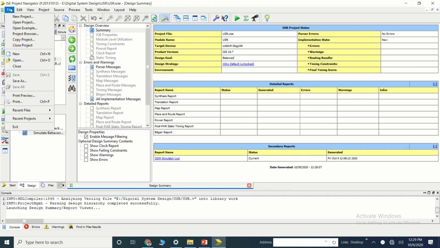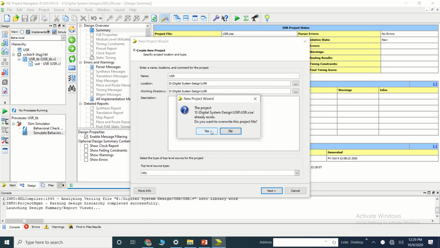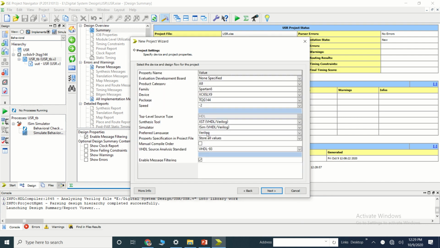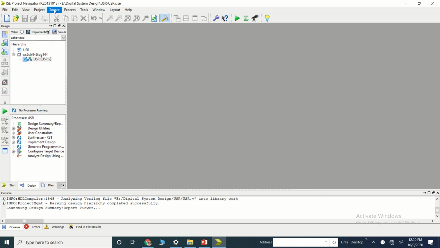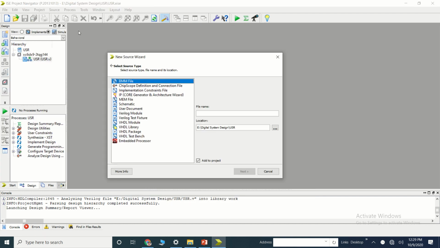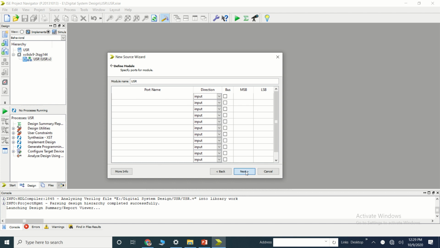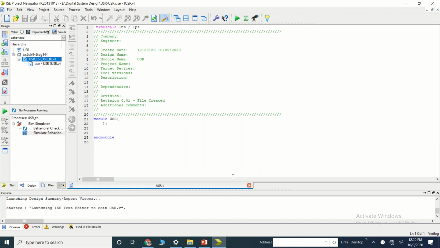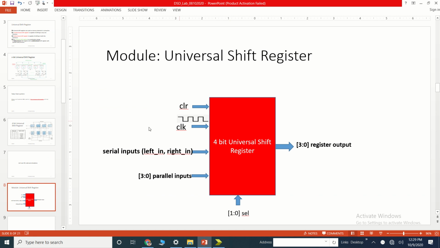Here, let me take the new project. Take the new source as a Verilog module. Now to define this, we'll use this module.